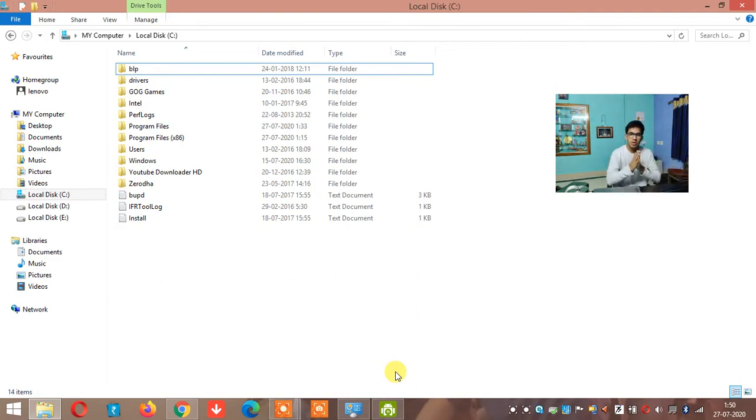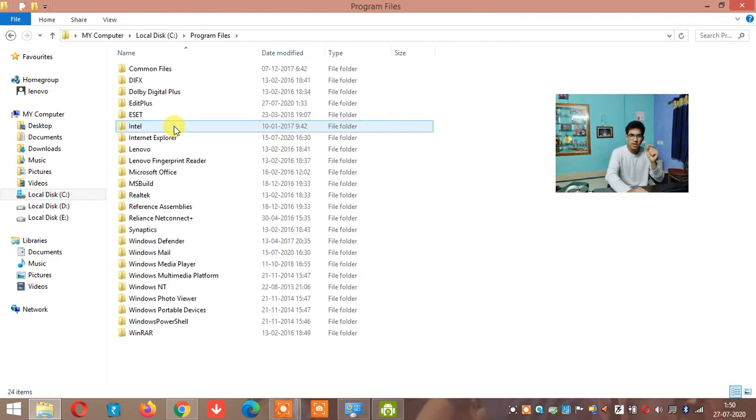Okay. So how do you check whether JDK is already there or not? Most of you will already have it if you have installed some softwares. If JDK, Java Development Kit, is there, it will be present in the C drive. In that there are two folders, Program Files and Program Files x86. You have to go to Program Files only. So I have entered Program Files.